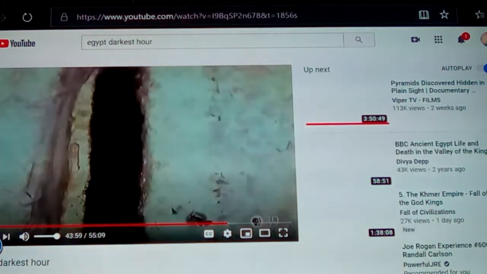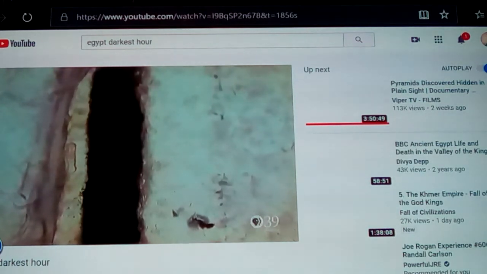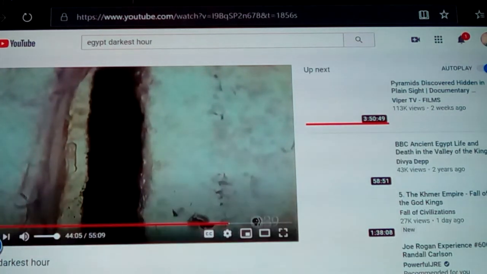Carbon layer. This ominous dark layer is the result of the dramatic climate change that led to the collapse of the Old Kingdom. That dramatic layer right there, I'm not sure if it's been tested for microspherules and all the stuff that goes with asteroids or not, but it's a carbon layer. I probably can't catch the moment and don't want to watch it through to where it does and it'll flag me.